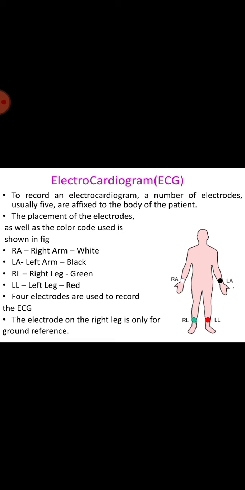The early electrocardiograph machines employed 3 electrodes, of which only 2 were used at one time. With the introduction of the electronic amplifier, an additional connection to the body was needed as a ground reference, although the electrode could have been positioned almost anywhere on the body, generally the right leg.